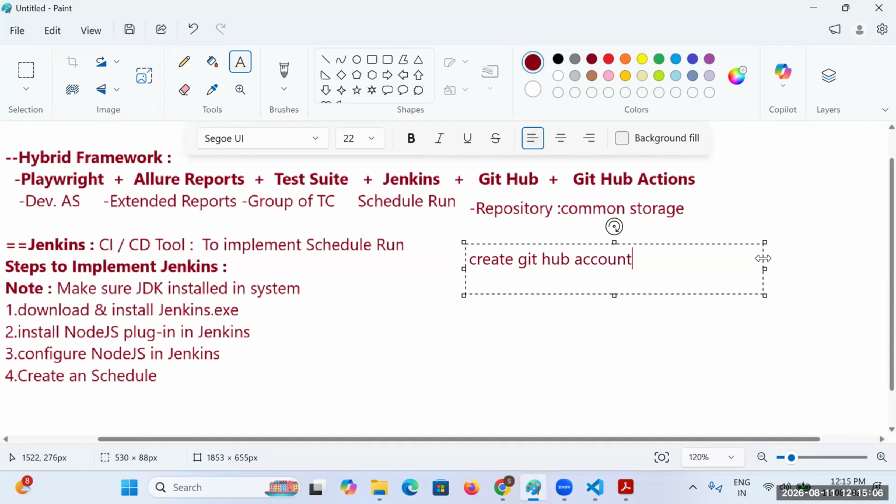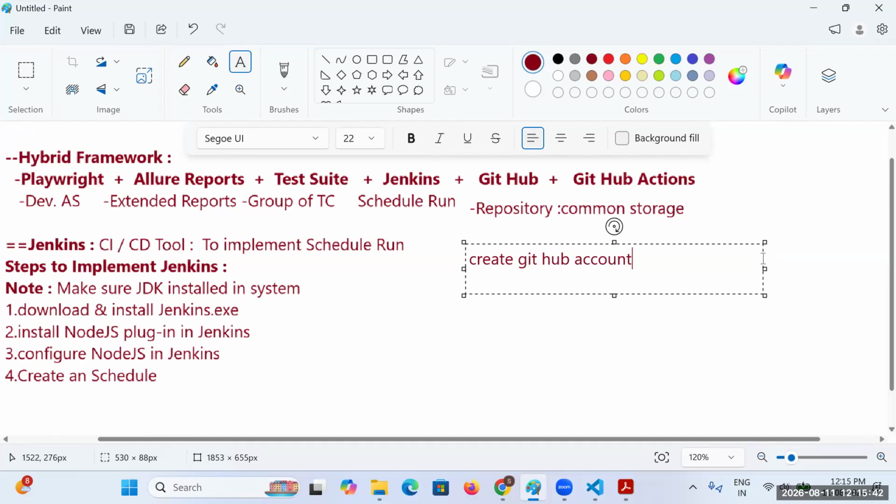So you have to sign up with GitHub and log in. Once you're done with the login and sign up, what are the things we have to do, we will look into that. But for tomorrow's session, be ready with one GitHub account. Clear, everyone? You just need to go with the proper settings, guys. Then you will be able to implement it with Jenkins here. So please take practice of that.